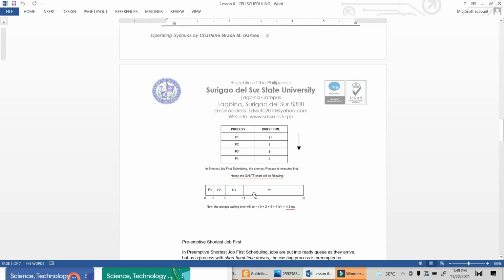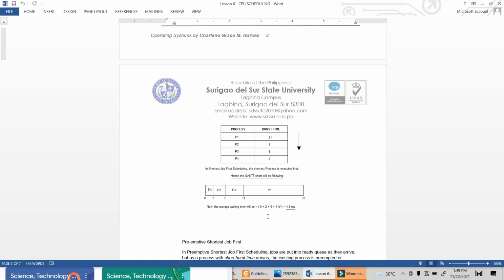And then the last one will be the slowest, or mas taas ang time when it comes to the execution. So it will be 32. Now, the average waiting time will be, if you will add all the execution time that occurred between